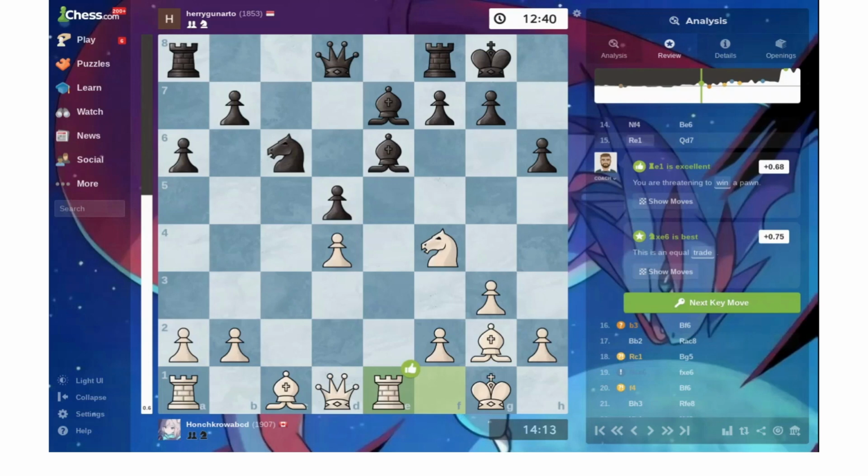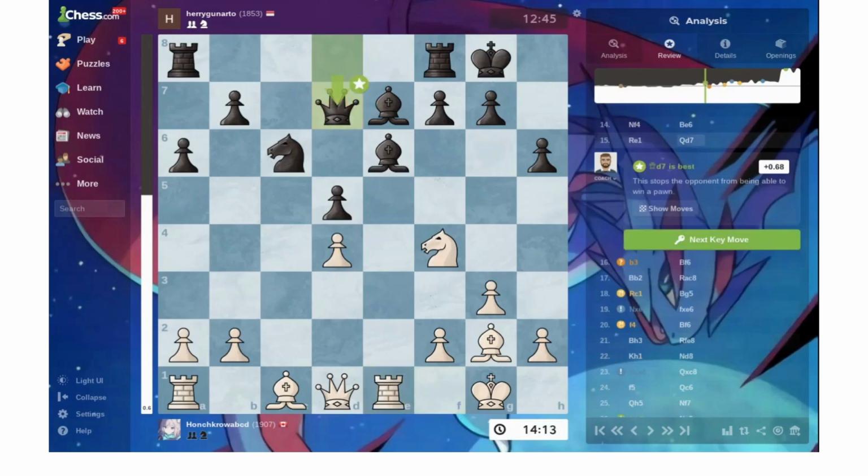That was really good. So this guy decided to play queen d7 to defend this. I guess they're also trying to go here, but I have this knight here. No, they're probably just trying to defend this bishop. So anyways,